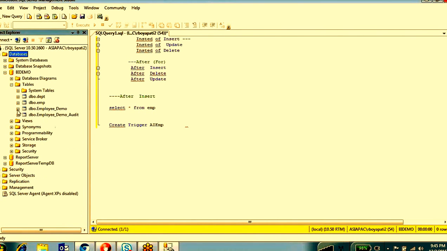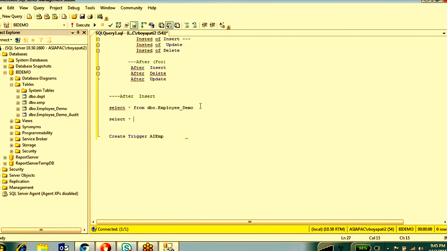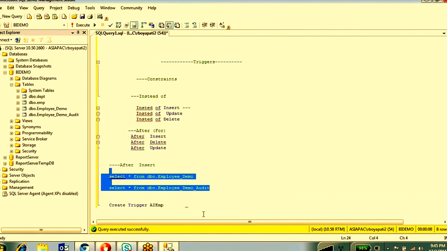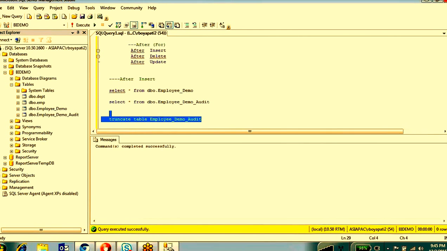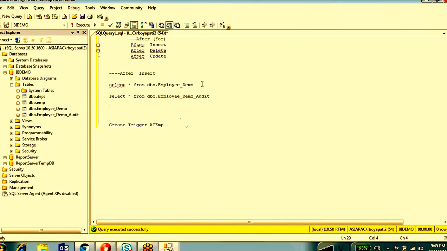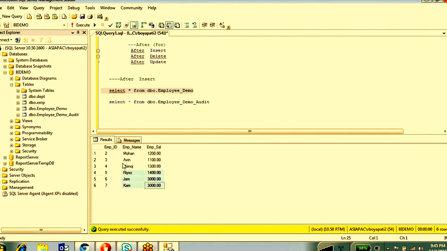You see, this is one table, and this is one more table. If you observe here, I want to truncate the first table data. This table has some data, this is the employee table.